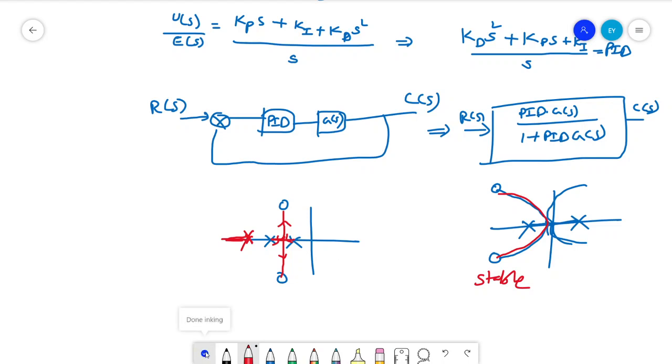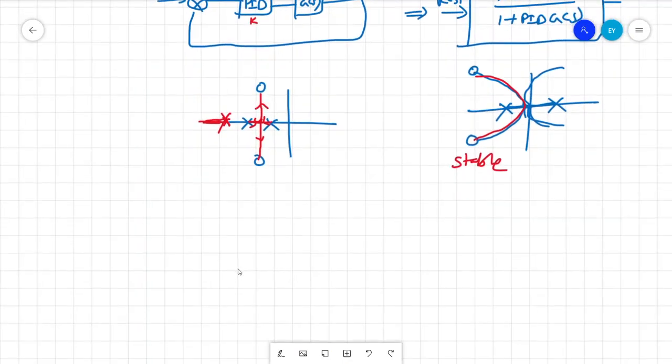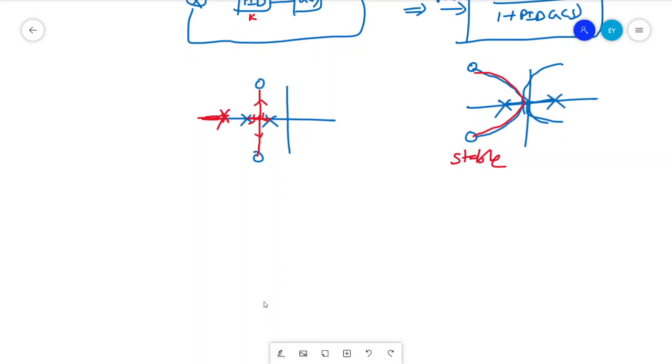We'll take some three examples. We'll show how this PID, or overall gain, behaves. This PID is nothing but actually gain. In the initial case, when we considered proportional gain, we took the gain as K alone. Here we have three individual terms which give the whole overall transfer function by adding poles and zeros. Okay, so let us consider an example to show how this influences the root locus.